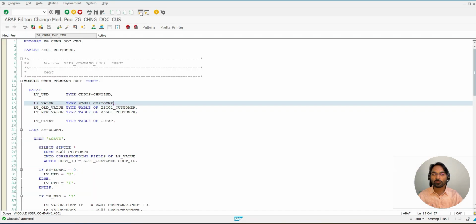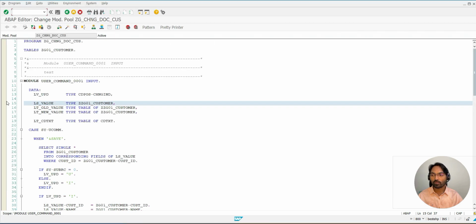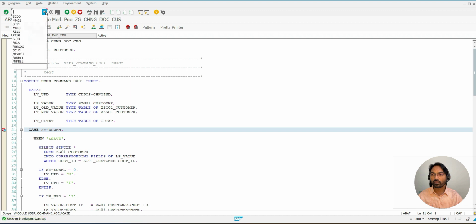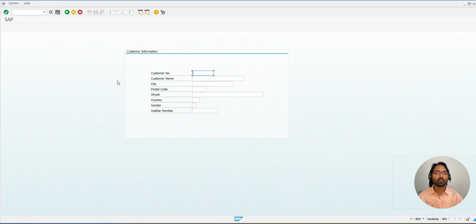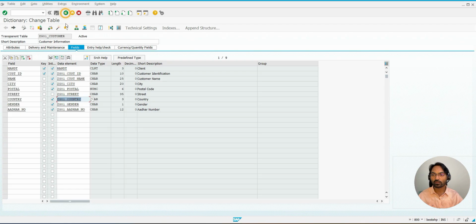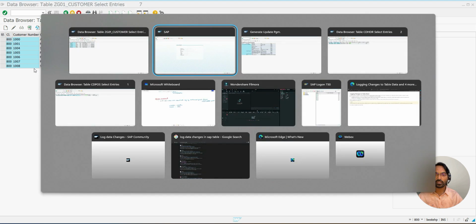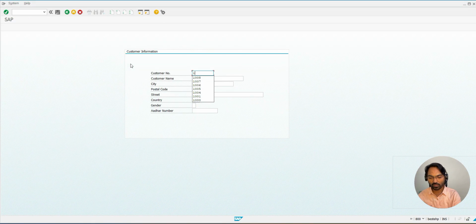Now again I will place the breakpoint over here and run the transaction. I have created this screen to create a new entry in a table, and that entry will be created in the table called this one. Currently, how many entries are there? Around 1008. I'm going to create the new entry 1009. Somewhat John,